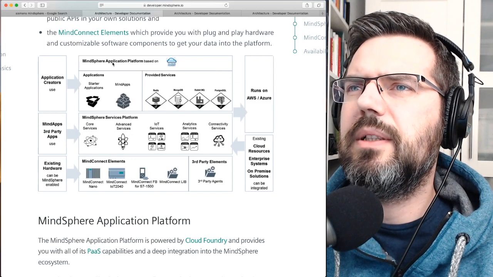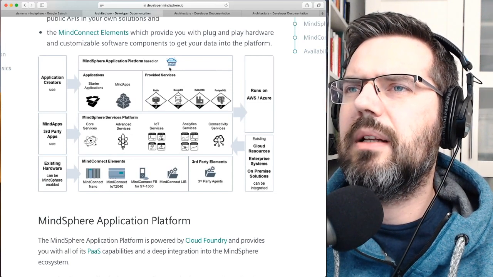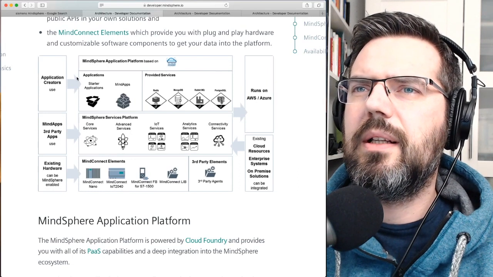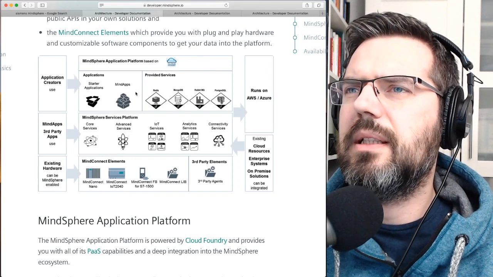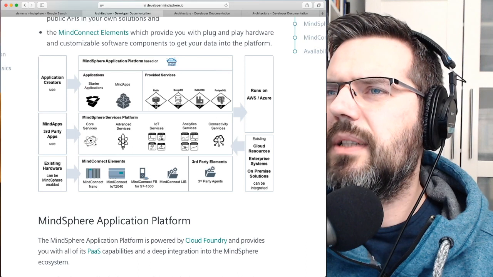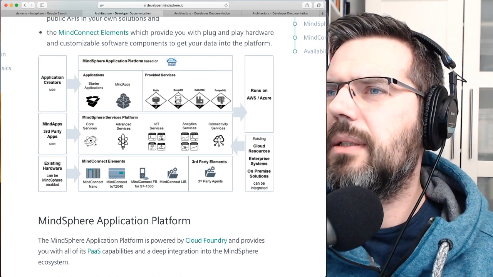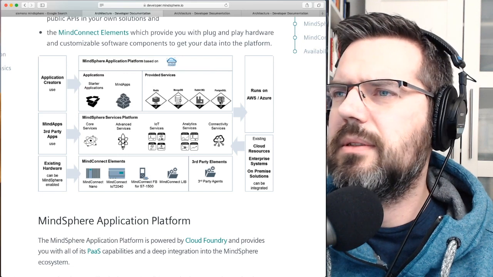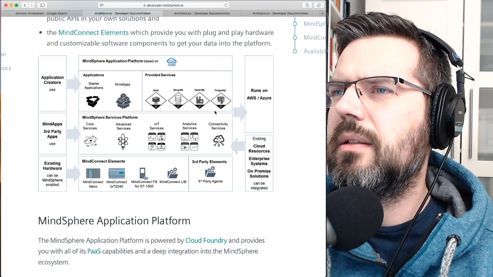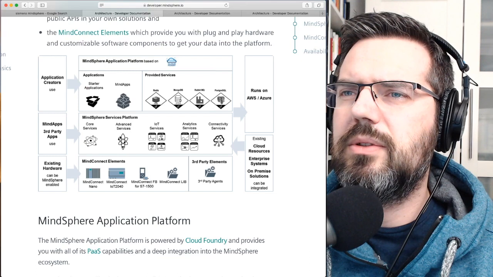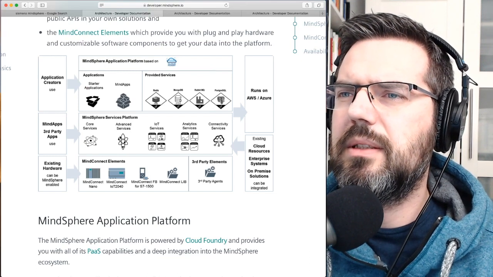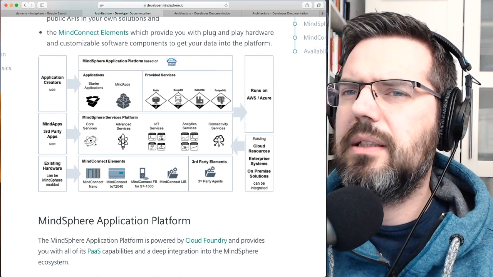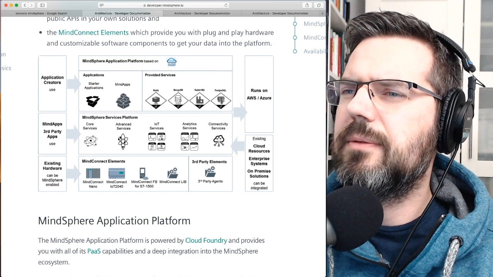So, Mindsphere platform based on Cloud Foundry. Applications, apps, provided services: Redis, so that's an in-memory database, MongoDB, RabbitMQ, PostgreSQL. Mindsphere services, platforms, IoT analytics services.